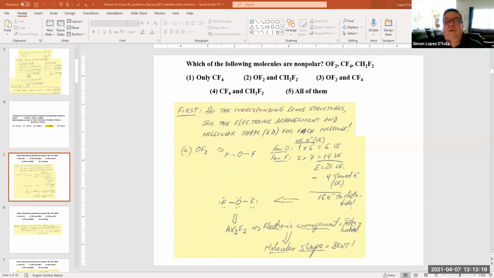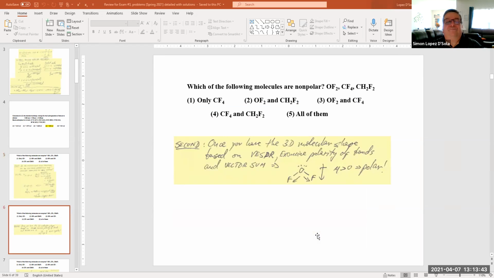But remember, you need to consider not the electronic arrangement to determine the polarity. Of course, the polarity of the bonds is important, but you need to determine the molecular shape. And in this case, the molecular shape corresponding to a formula which is AX2E2 is bent. So in this case, you have the 2 oxygens,